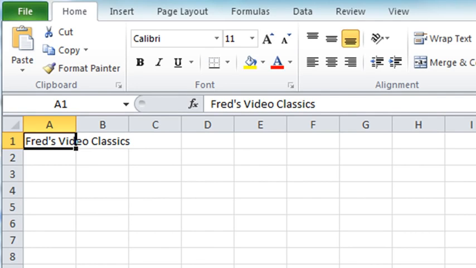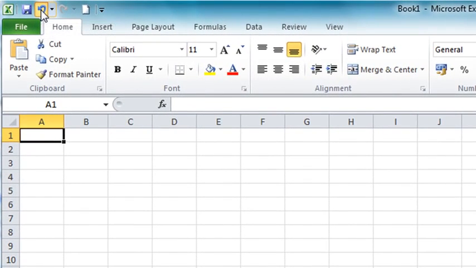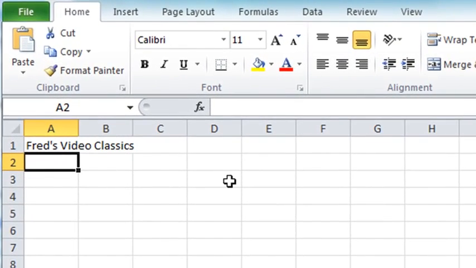And if you want to remove an entry that's already been entered, you simply select it and press delete on the keyboard. Now in this case I didn't want to delete it, so I now can click my undo button there and return the entry, and I can just click into cell A2 and we can carry on creating the